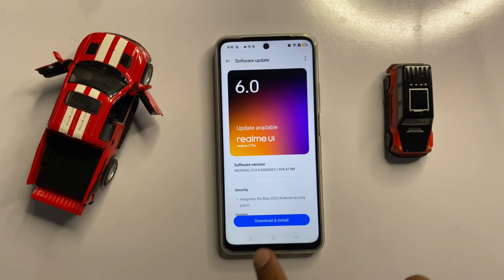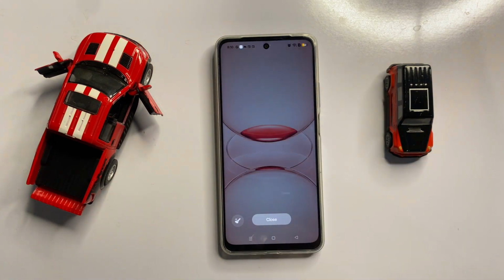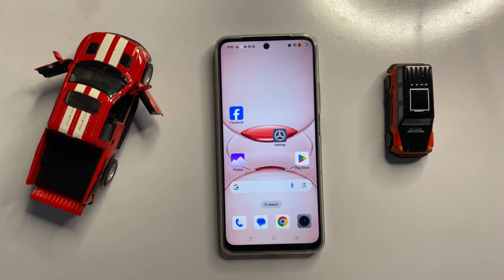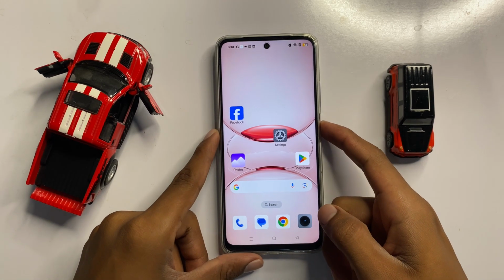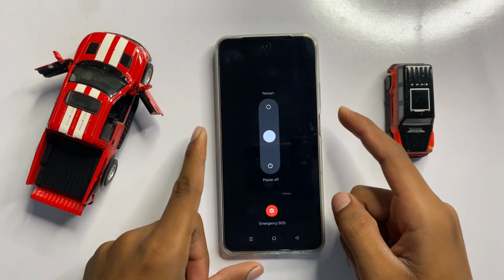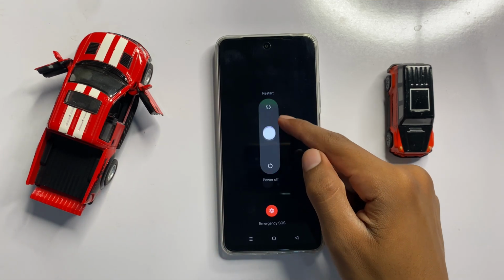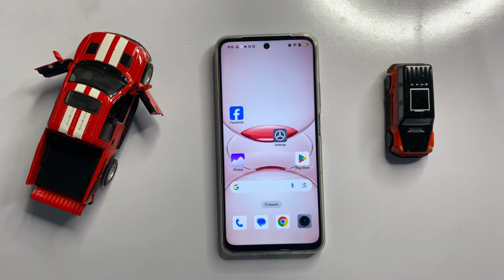After updating to the latest version, go back to your home screen and restart your device. To restart your device, press and hold the power button and then swipe up to restart your device. After doing these steps, your problem will be